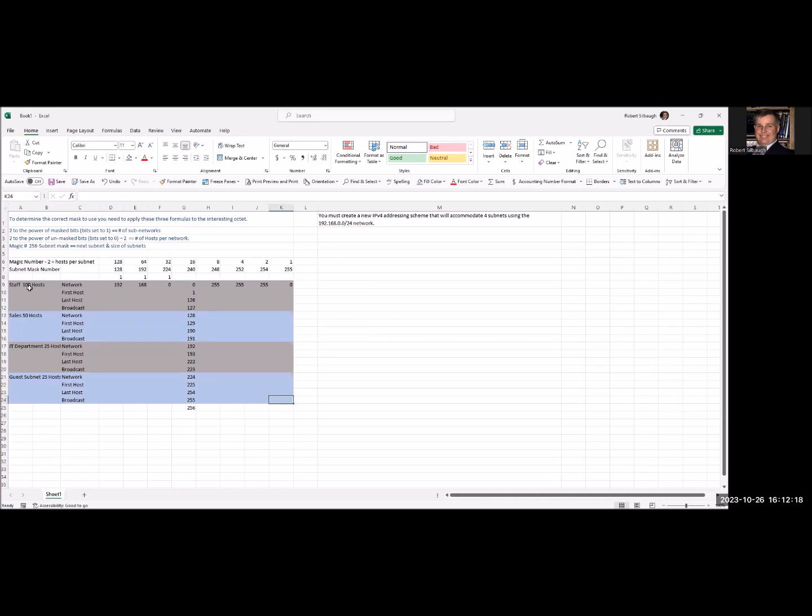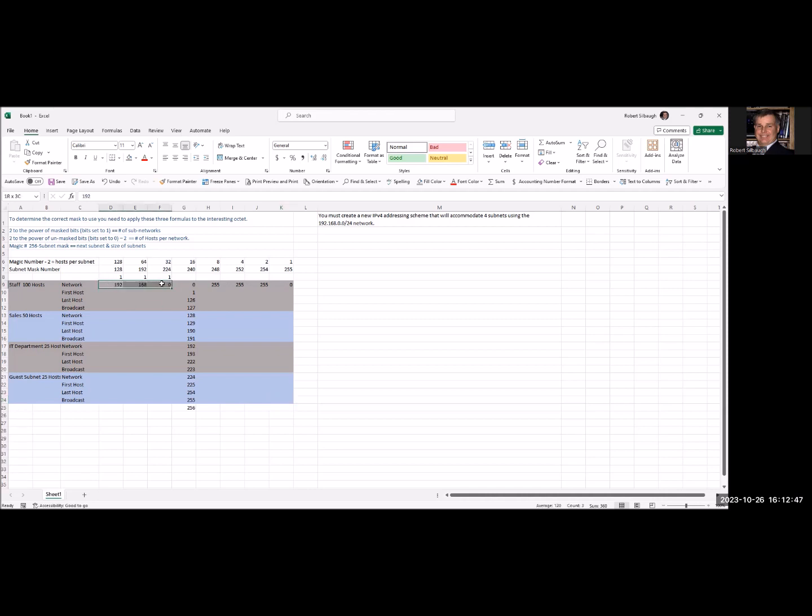So now you'll notice that I've done a little formatting here. I've moved my subnet identifiers over here. I've changed the color in the fill so that each network stands out a little bit better. So now that we've got our starting and ending network addresses, and we filled in our first and last host addresses, the other thing I want to mention is